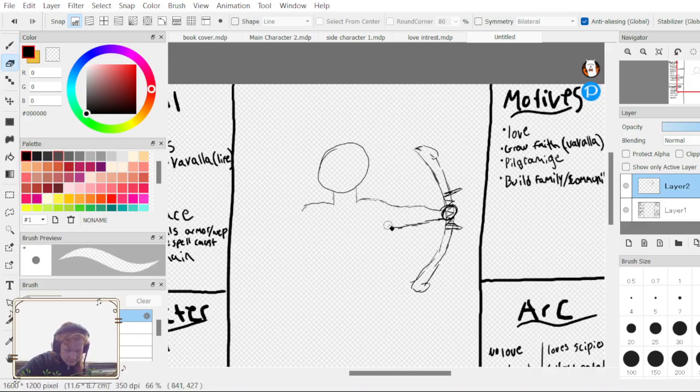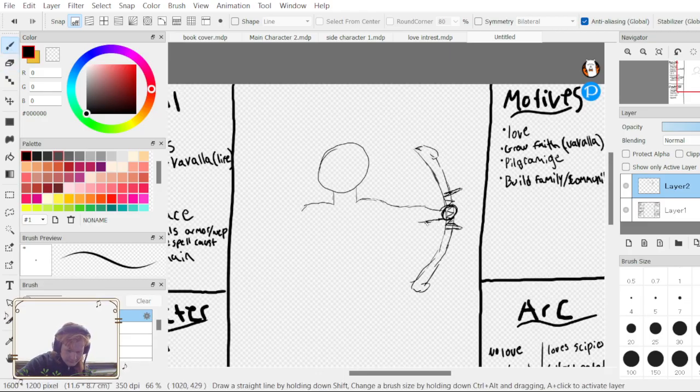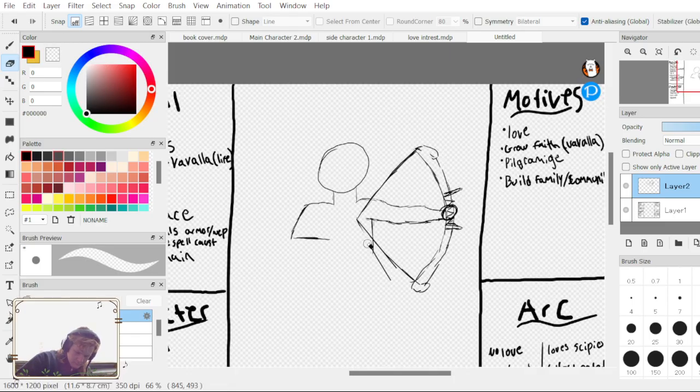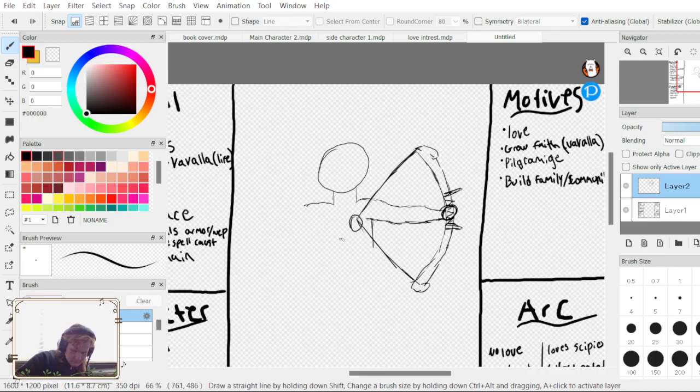Looks a little thick arm. Okay, and then kind of be like that. Bowstring there. Got the hand here.